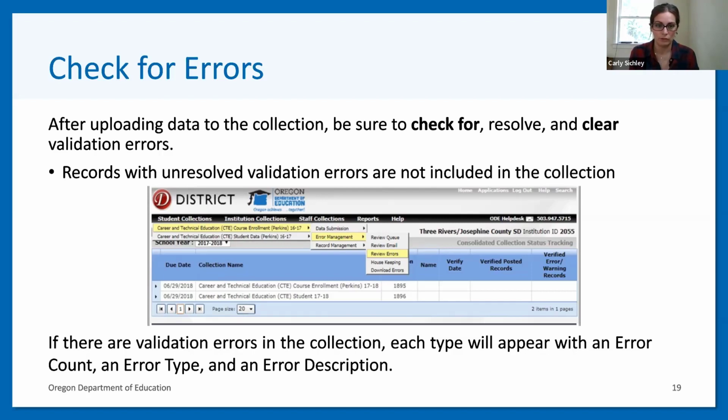It will tell you which collection, how many errors there are of that specific type, what the error type is, and give you a little description of the error. And there's a drop down so that you can open that and see all of the records that are associated with that one error.